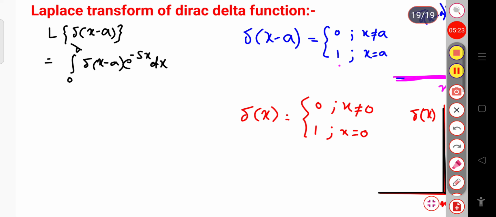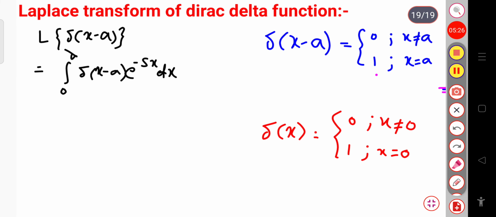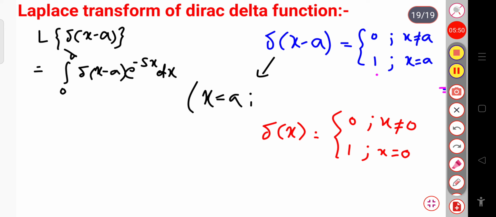Now here you can see that for this delta function, delta of x minus a, at x equal to a point, its value is equal to 1, and for every other point this delta of x minus a is 0. So here I can write this delta of x minus a as 1 at x equal to a, and for every other point it is 0. So if I consider this point, now we can write it as